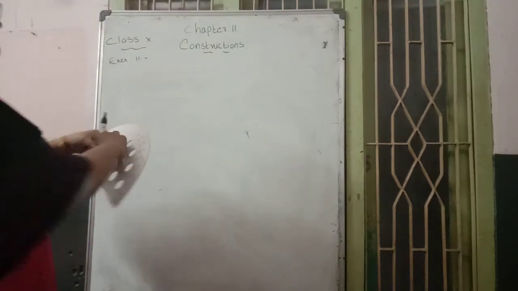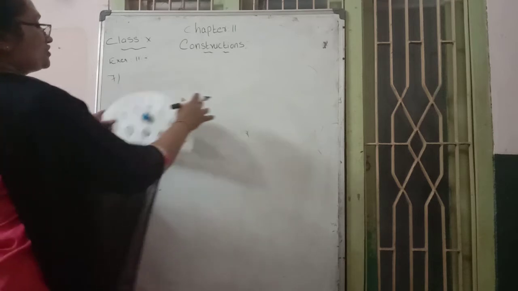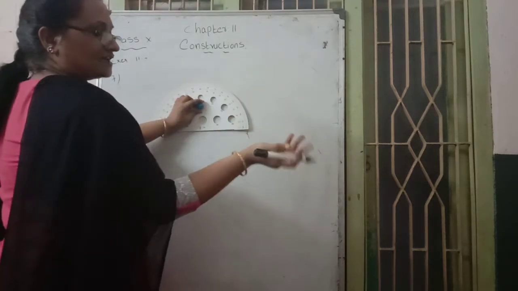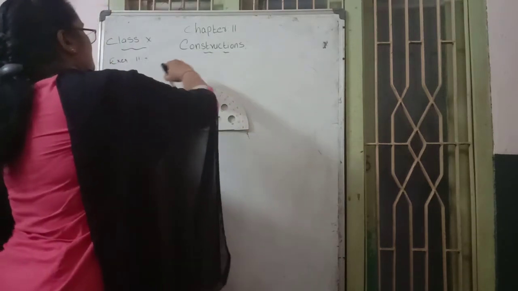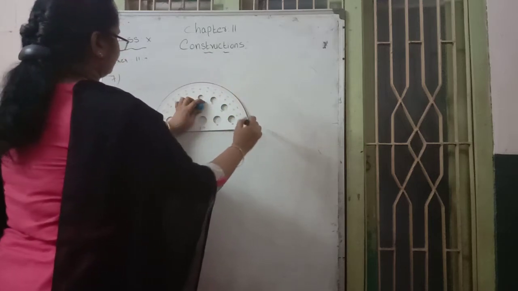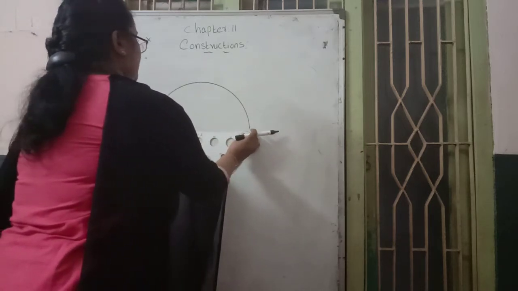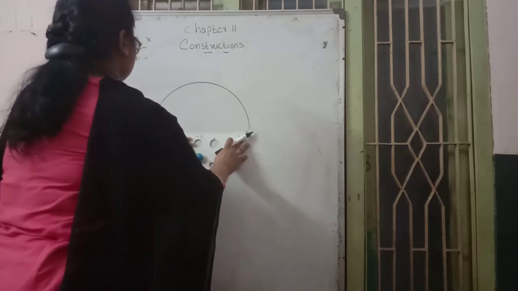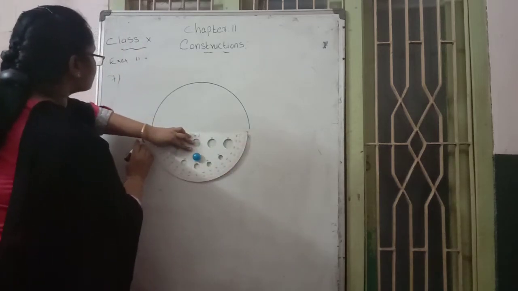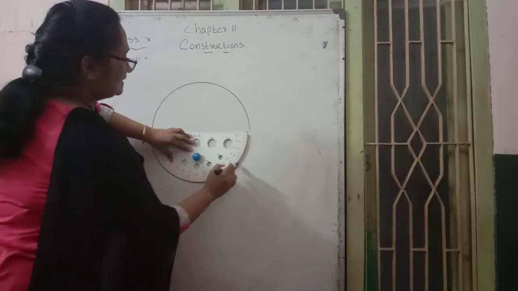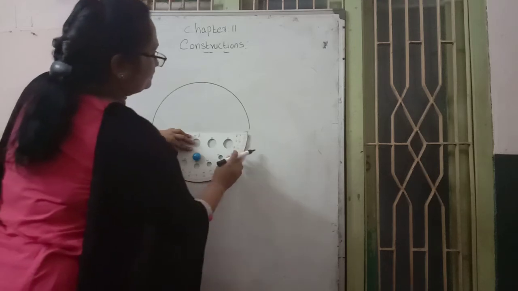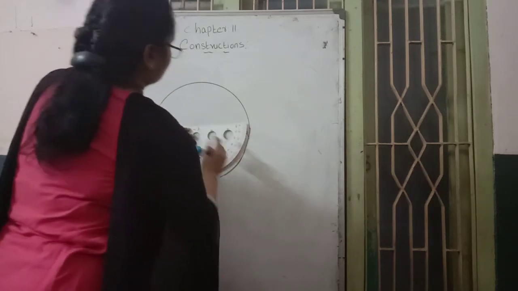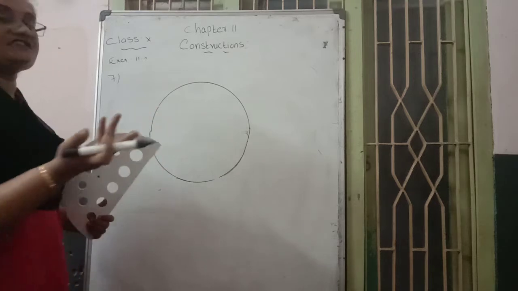So how to draw a circle? 7th question, how to draw a circle? Just use a bangle and draw. So I am using it in this way. Then same way here I am drawing a second circle, in this way. I joined the full circle. Then here we don't know where the center is.